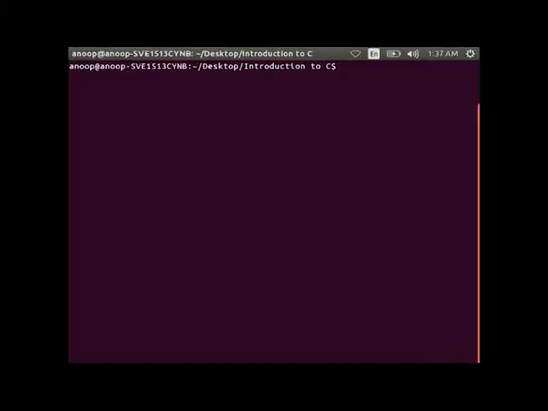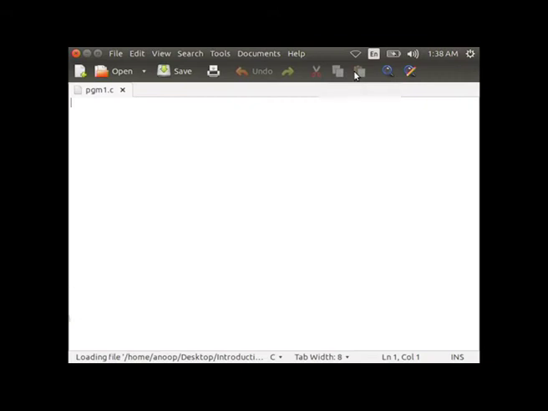Let us now type this program: #include <math.h>. Math.h is a header file which supports the mathematical built-in functions in C. #include <stdio.h>.